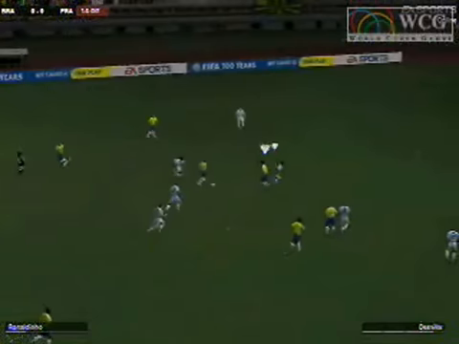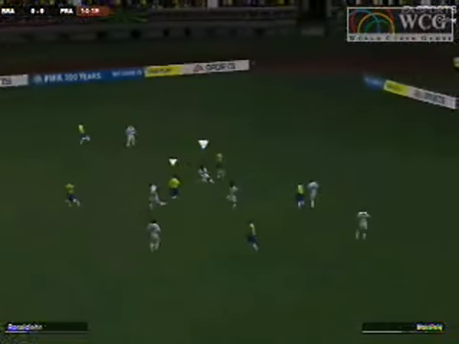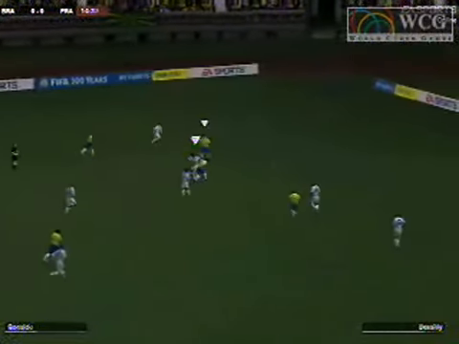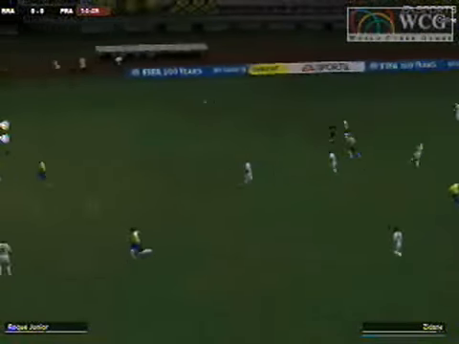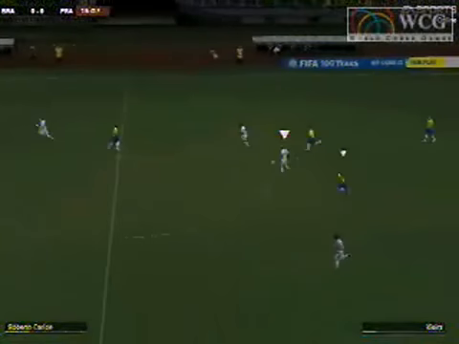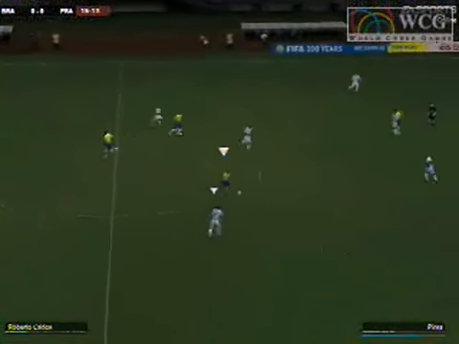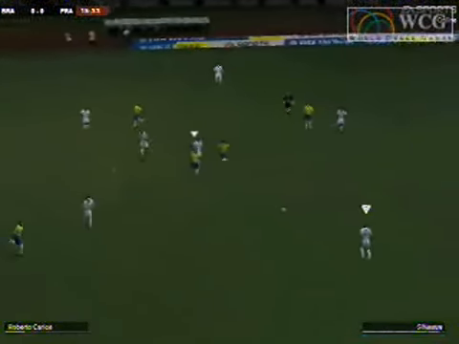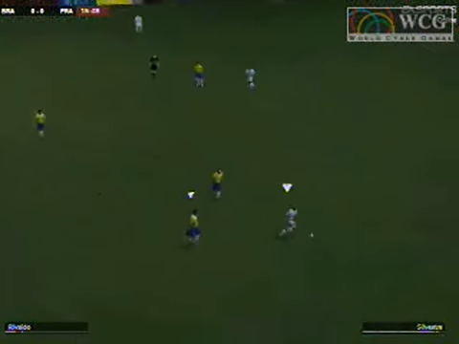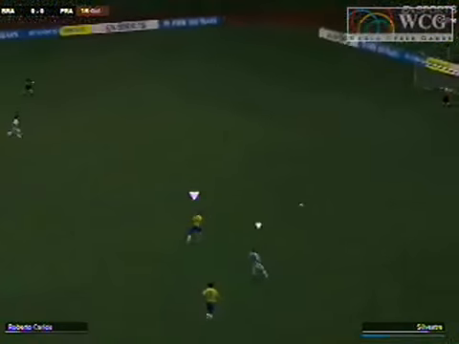Brazil now making the turn. He's going to have a through ball to the center. Ronaldo looking for someone. No one there. And the French defender stepping up, making the challenge, poking the ball away. That was beautiful defense on the French team. They should have done this in the last game, but they didn't. Let's see what France is going to do.